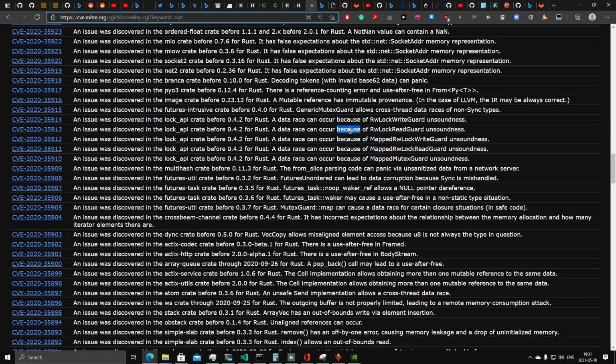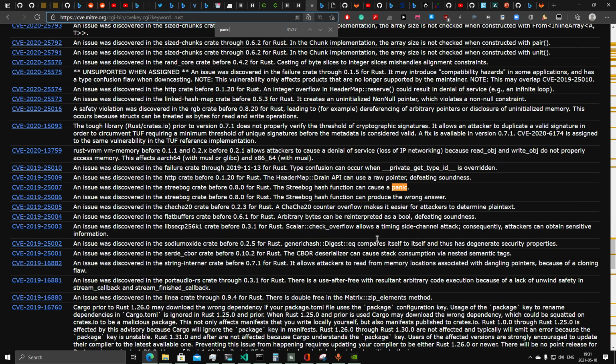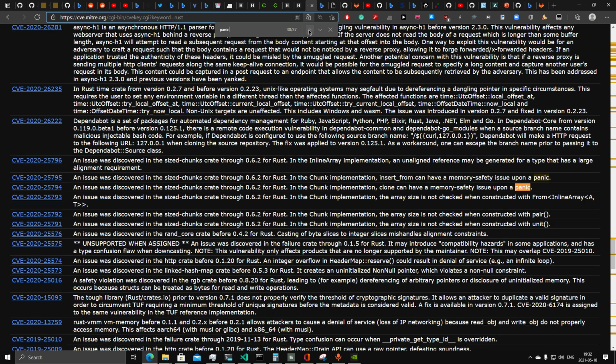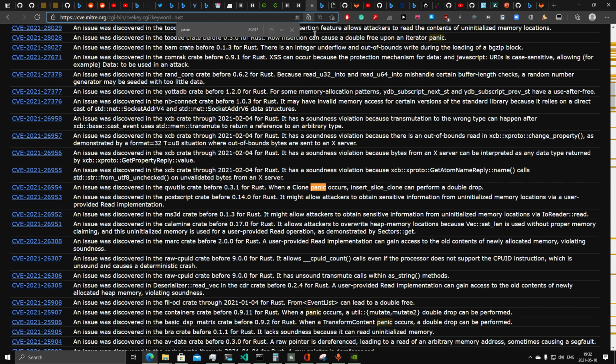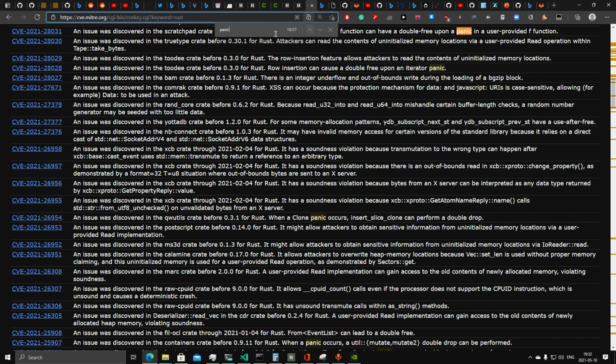Even in 2020, we can see a bunch of issues with the double use of free, or double free. And you can see this. I find this very interesting with these CVEs. Okay, it's that